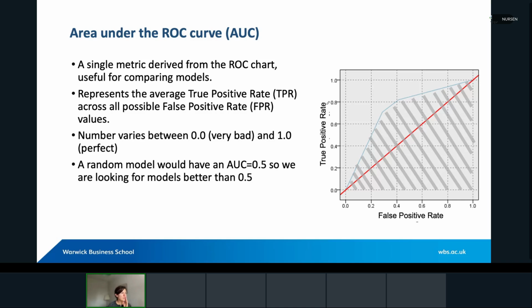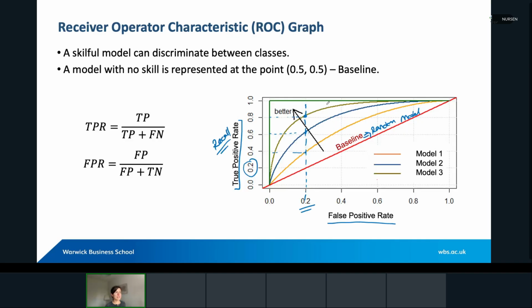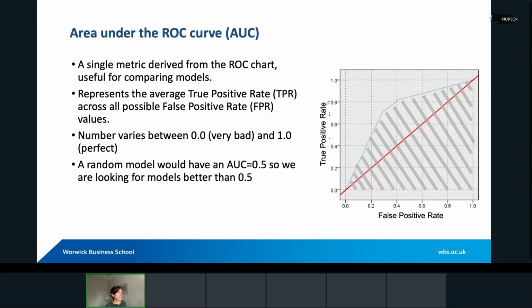Another measure we can obtain from a ROC chart is the area under curve score. This ROC chart will be automatically plotted by using functions in Python, and you would be able to compare several models, and it can return the area under curve score. So this is directly related to the ROC chart. It's basically the area covered under the model's line. The reason why we have this area under curve score is that, let's say we have another model,